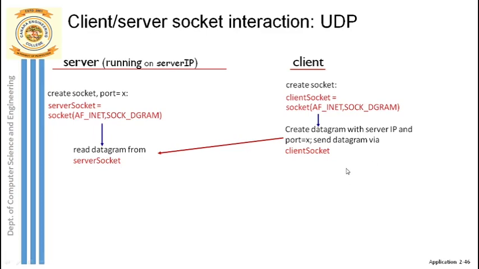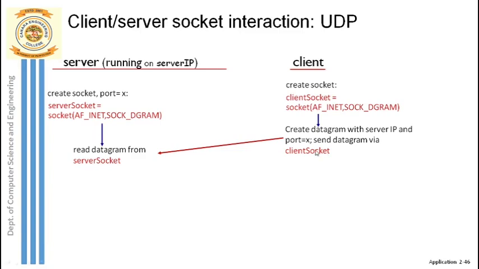The first step should be taken by the client itself. He has to first type the input message, which is in lower case, right? So that message should be typed, and that message will be converted into a datagram. When you say a datagram, that datagram should contain two parts. One is the message, the sentence that you have typed, plus one more thing, the address part. So what is that address part that you're going to include here?